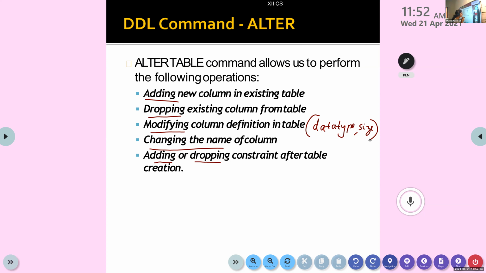So what can you do, Anju? We want to change it to 20. Then you can use this option. You can modify the column. You don't have to change the column, you just want to increase the data type size. So you can use the third option.